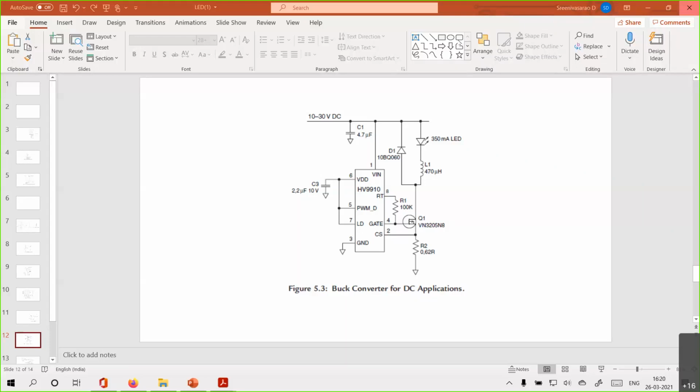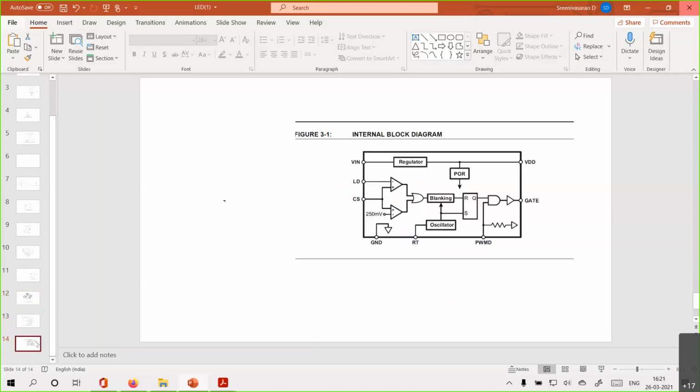Right. So let us see. This is the overall circuit for the DC application. We have also seen AC applications, where the DC is obtained from an input rectifier. So let us see how to design these different components like C1, this R1 resistor, this capacitance, the value of this inductance, and other components. But before that, we'll study this pin diagram and its characteristics.